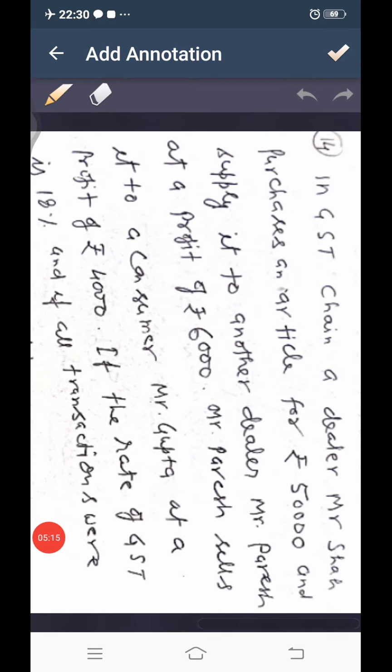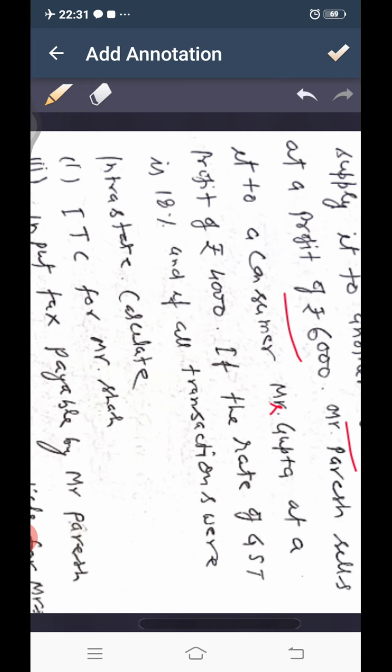Let us take question number 14. In GST chain, a dealer, Mr. Shah, purchases an article for rupees 50,000 and supplies it to another dealer, Mr. Paresh, at a profit of rupees 6,000. Mr. Paresh sells it to a consumer, Mrs. Gupta, at profit of rupees 4,000. If the rate of GST is 18% and all transactions were intrastate, so calculate